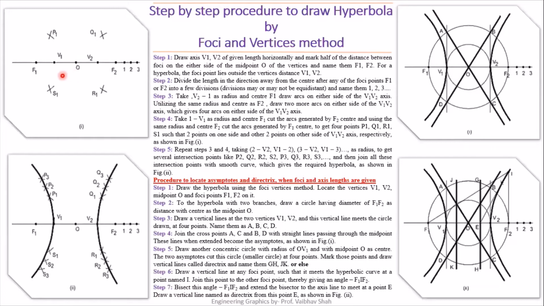Now, in the next step, we must locate the distance between two foci, F1 and F2. So let us suppose the distance between two foci is given. Always keep in mind, we have to take half of the distance between the foci from the midpoint O. So let us project half of the distance between the foci as OF1 on the left hand side, and let us locate F1 on the left hand side of your center point, and F2 on the right hand side of your center point. After locating F1 and F2, we must proceed further.